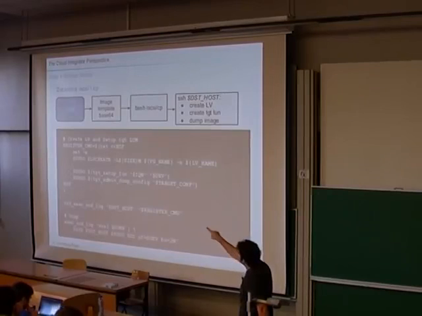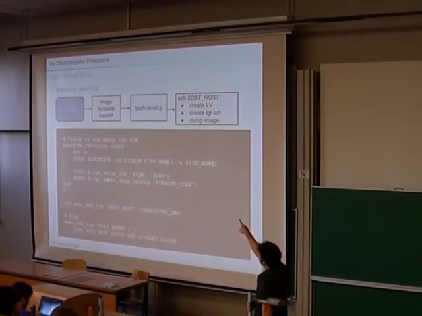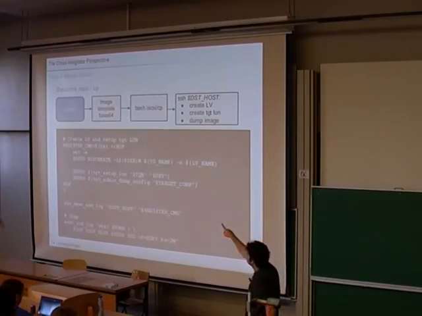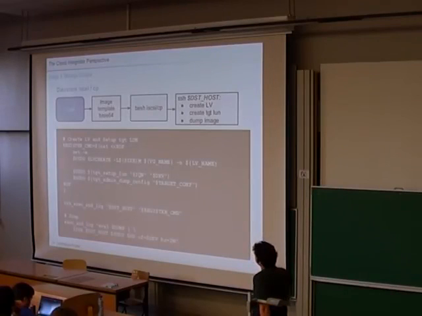OpenNebula calls the iSCSI CP script locally on the front end. This time it's not done via SSH. And it's an RPC event, not standard, but it's sending the template in base64. So this script will decode that base64 template,